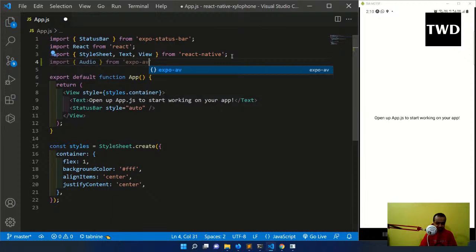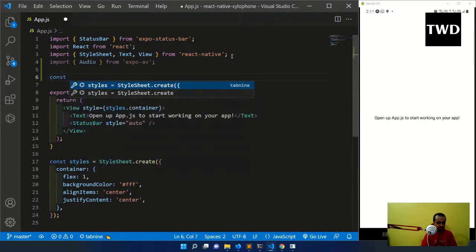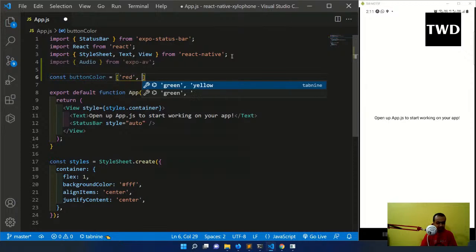Okay, so AV. const buttonColor equal to red, orange, so let us have some 7-8 colors, and that is what our button colors will be. The xylophone app is a children's app. If you have played with it, it has got 2 sticks, you can ping something, so it is something like that. Okay, violet,